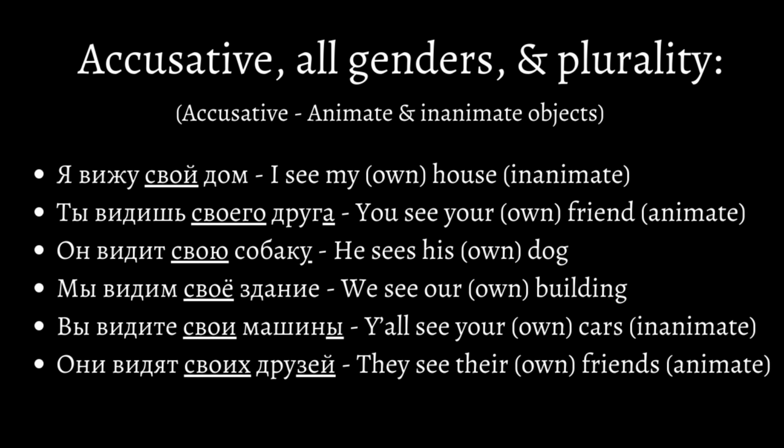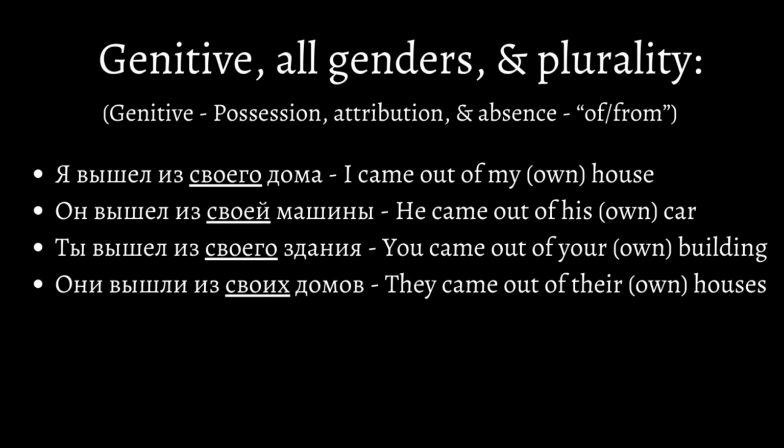Also, the animate noun друг has an irregular conjugation in the plural, which ends in -зья, and it does that on purpose to make a better sound for an animate noun. In this context, I used every personal pronoun to show how свой fully works. And as you can see, it doesn't matter what pronoun we use because every sentence has the same word, only modified under the accusative.